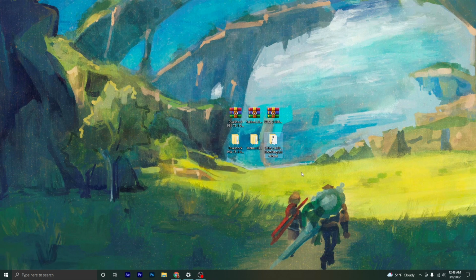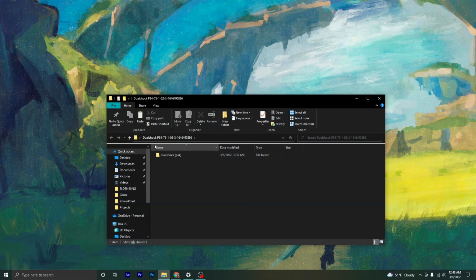After this, you actually want to go to where you downloaded the mod. It'll say DualShock PS4 or DualSense PS5. It'll show up here, and again it'll have its own menu and its own high folder. So before anything else, you actually would not see those two. You'd only see this. This is the actual mod,